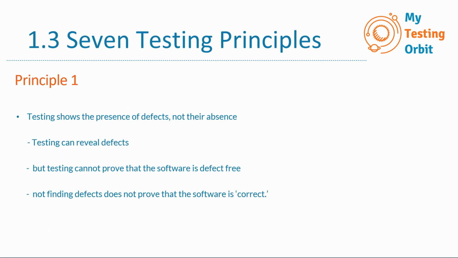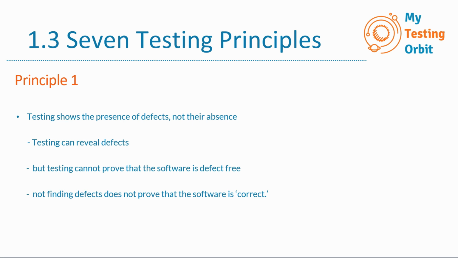Okay, so let's just go through all these principles in detail. So principle 1 says testing shows the presence of defects, not their absence. Testing can reveal defects, but testing cannot prove that the software is defect-free. Not finding defects does not prove that the software is correct. So when we carry out testing and we find a defect, then we know that there is a problem with the software. But just because we haven't found a defect doesn't mean that there is no defect in the